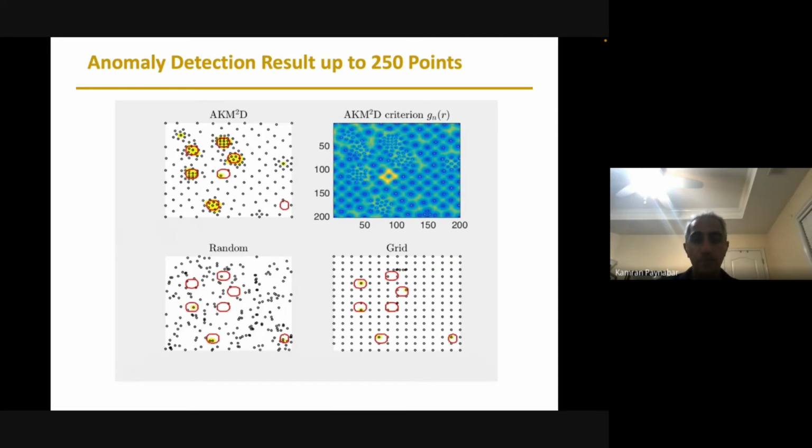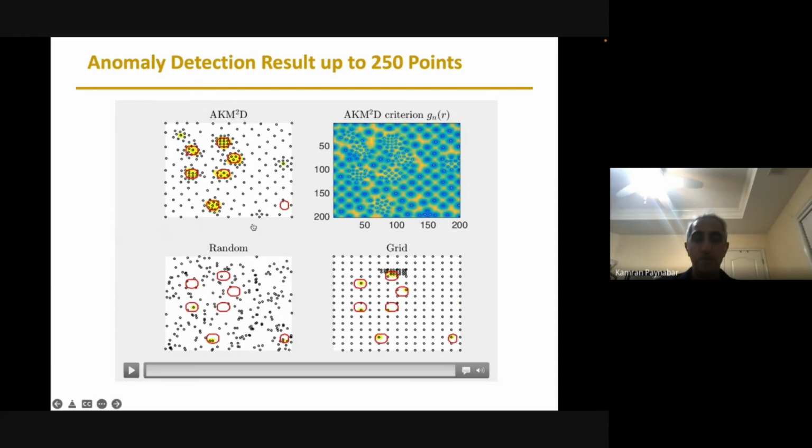That's how it works. If you look at the random sampling, this is with 250, okay? Random sampling misses 4 areas, and it cannot detect the shape. So this is just the location. I'll talk about shape in the next slide. Grid sampling, based on 250, can only capture the shape of one area, okay? And our algorithm misses only one with 250.